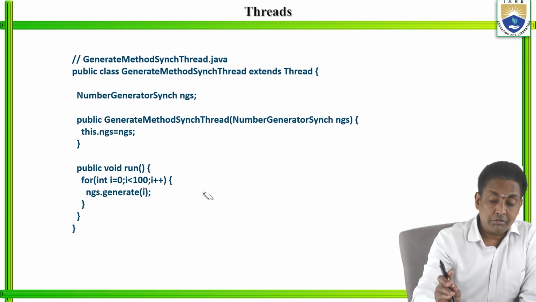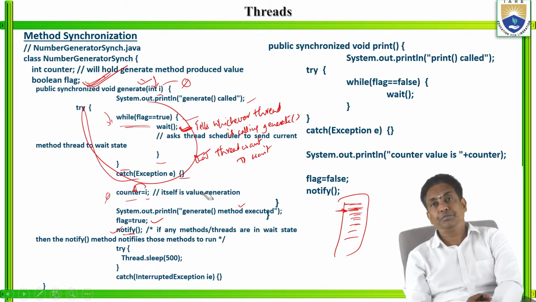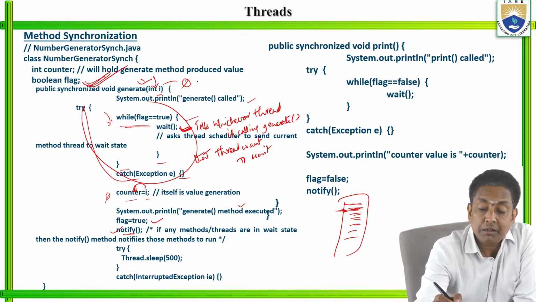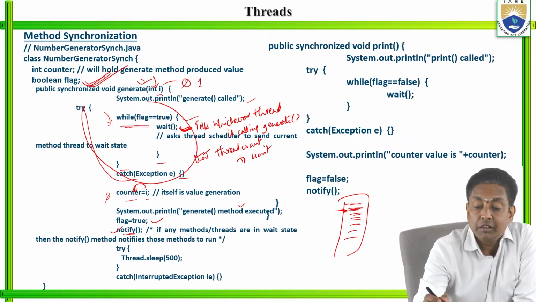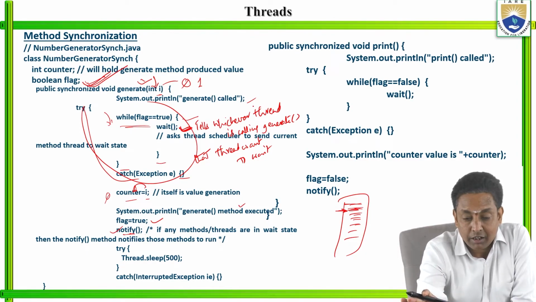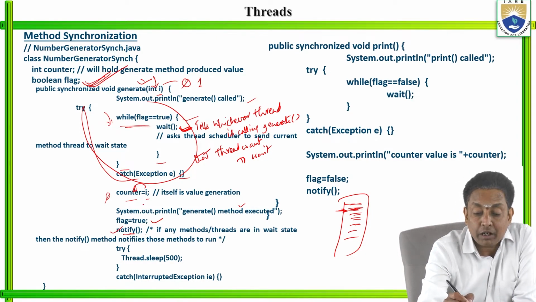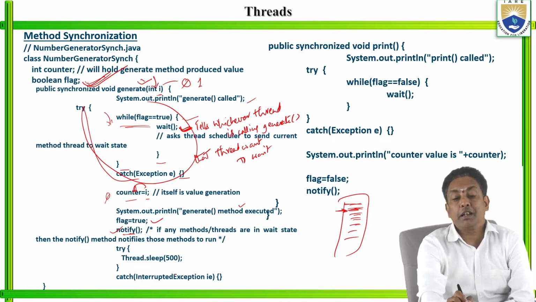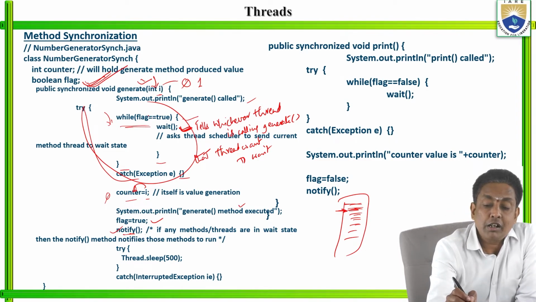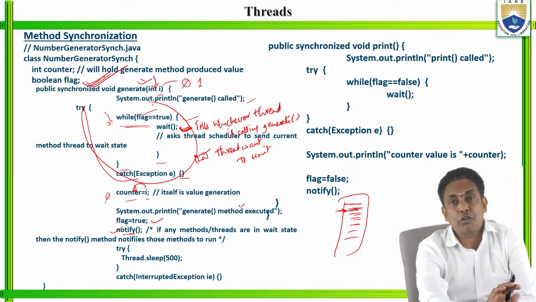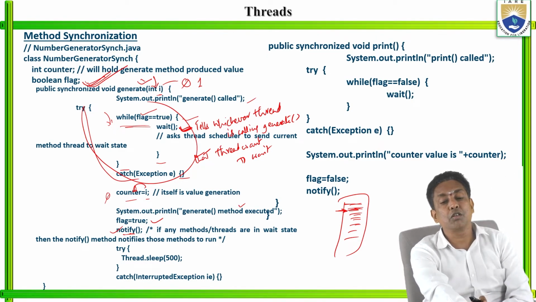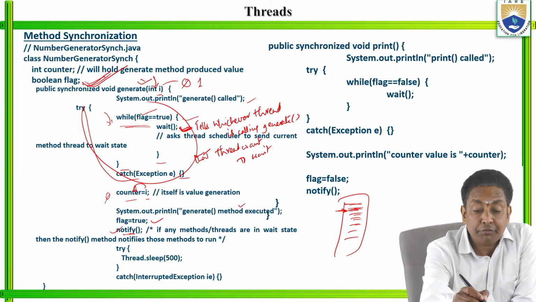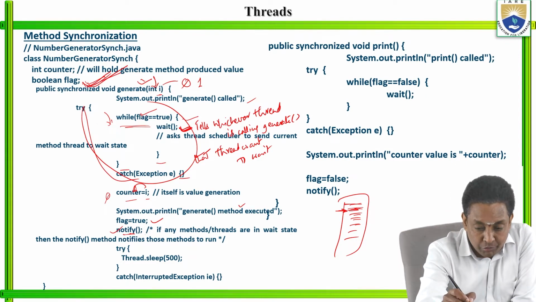Control will now go again to the generate method. Control again came to the generate method, and this time the value is 1. SOP, generate method called. But before consuming the value 1 and executing the remaining logic, the control entered into the while flag is equal to true. Is the flag value true or not? The flag value is true. Because the flag value is true,